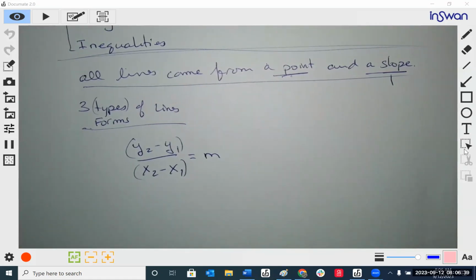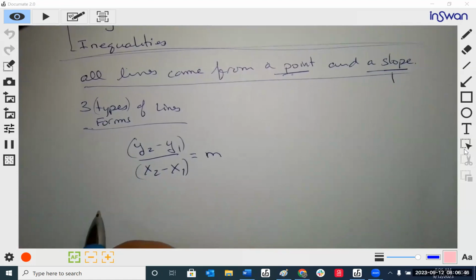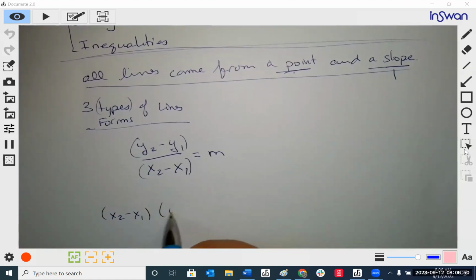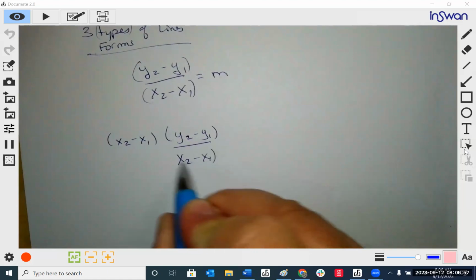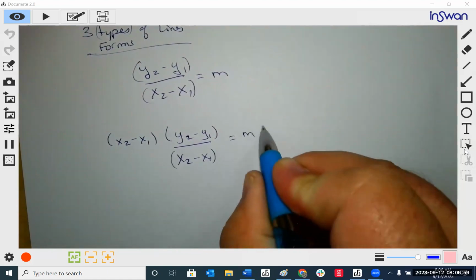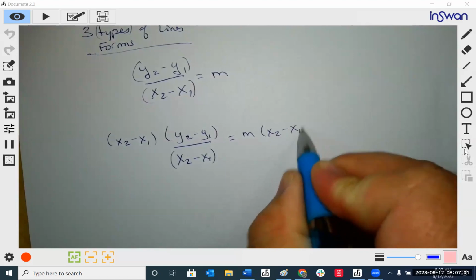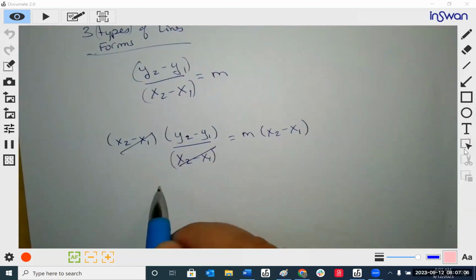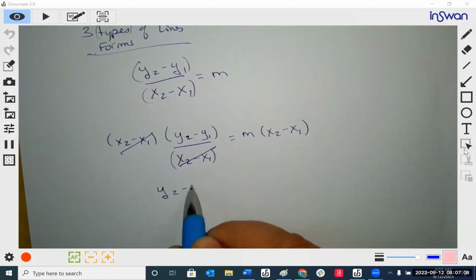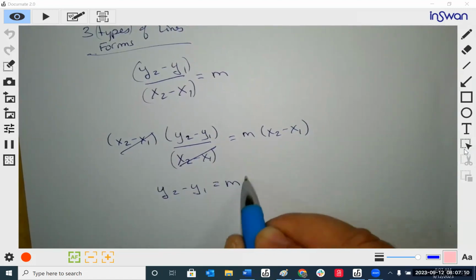Multiply both sides of the equation by the denominator, or the least common denominator. So if I multiply both sides of this equation by x2 minus x1, on the left-hand side, we now have y2 minus y1 equals